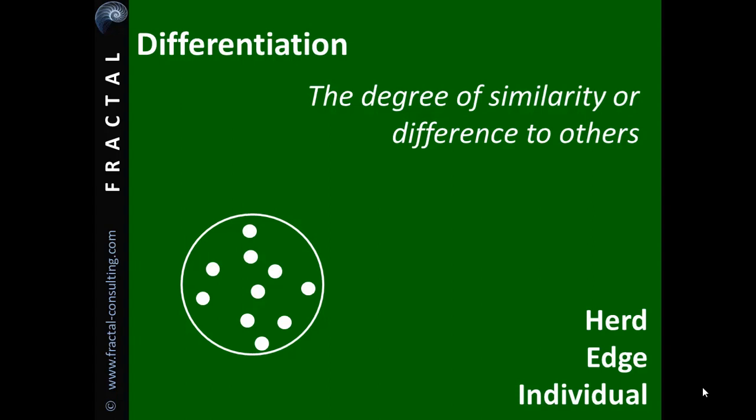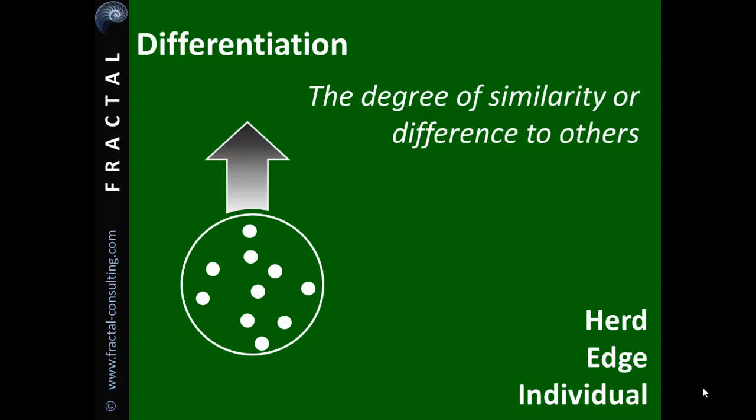The herd has momentum and a trajectory. It will be moving, even if only gradually. And you can tell where the leading edge is because those are the organisations which are setting the direction for the herd and are copied by the other herd members. As Walter Bennis has said, the definition of a leader is that they have followers. And the lagging edge is made up of those who are trying to keep up with the rest of the herd. And there are also edge positions at the side which are neither lagging nor leading. And so an organisation at the side is more differentiated than one in the centre of the herd, but the rest of the herd isn't following them.